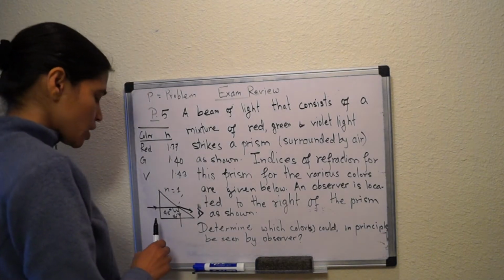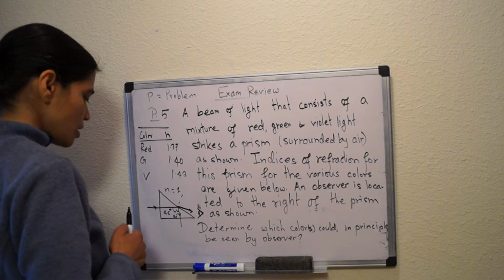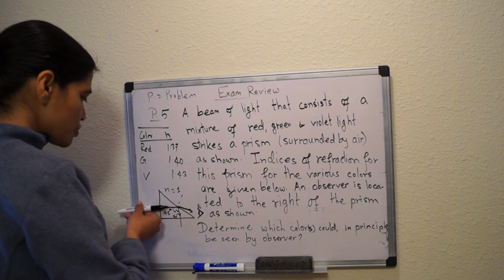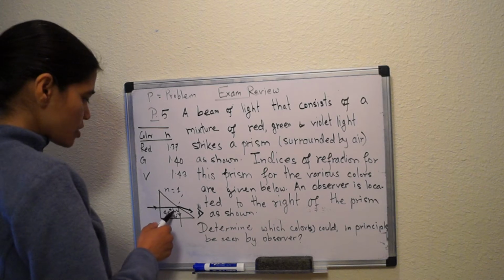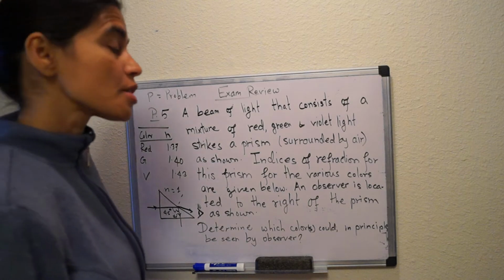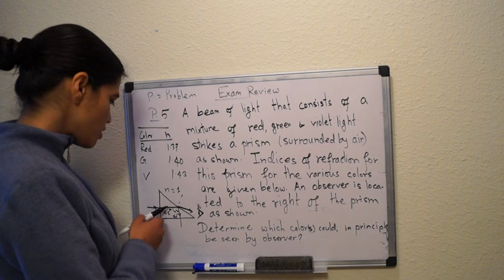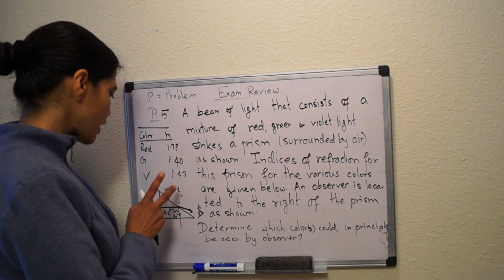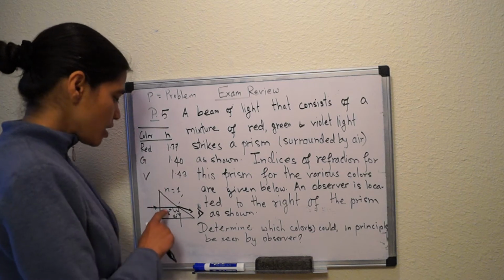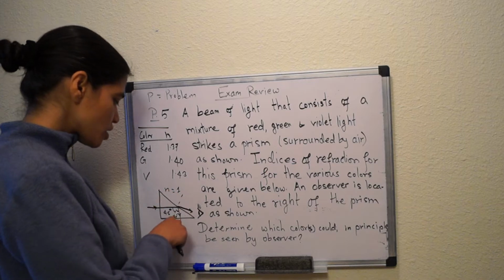So which color can the observer see? Remember this: when the light goes through this prism, this angle here, the 45-degree angle of incidence, is very important to us. Now, if this angle turns out to be greater than the critical angle for any of these colors, then that color ray is going to go through total internal reflection,